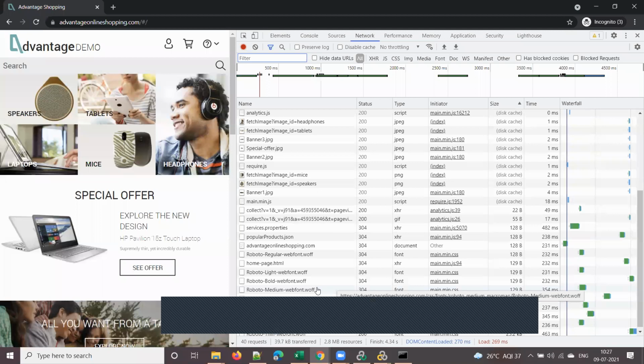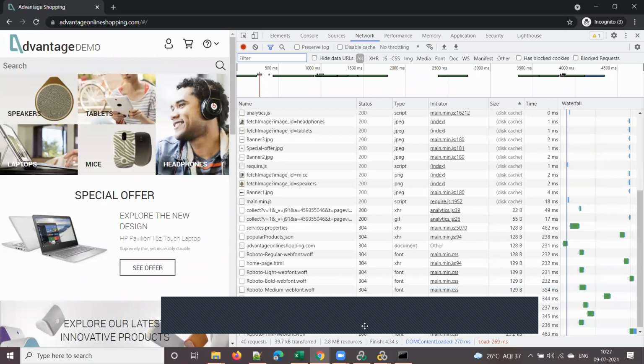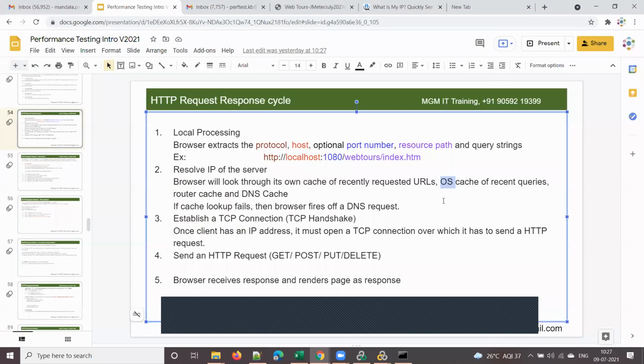Okay, guys, is it difficult to follow? Is it understandable for everyone? Yes, sir. Right? Now you understood what is this cache and all, right? Browser cache, OS cache, and router cache. Okay, so browser cache means whatever browser you are using, it will be stored in the browser cache. And this is operating system cache, and this is router cache. Suppose you are connected to a router, Wi-Fi router, so it will check in that router cache. And then DNS cache. DNS stands for domain name system.